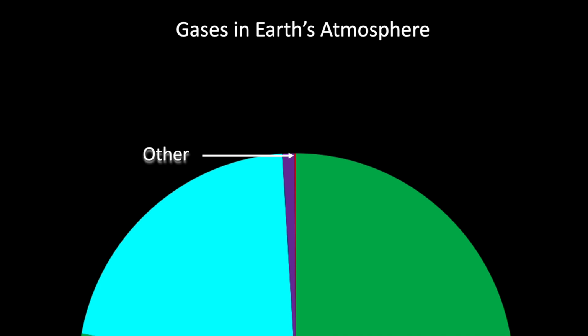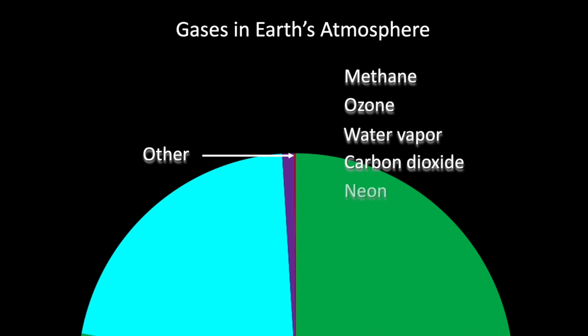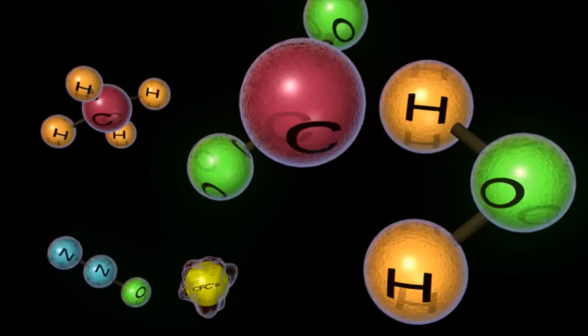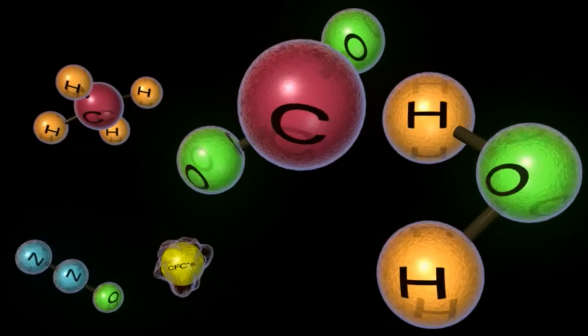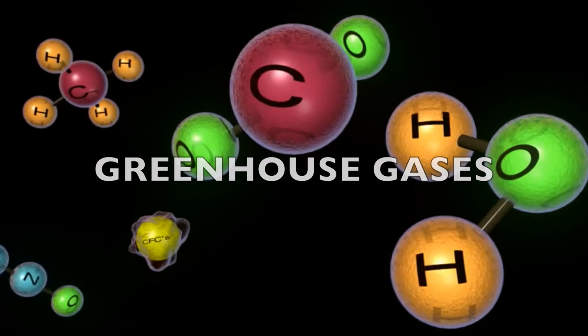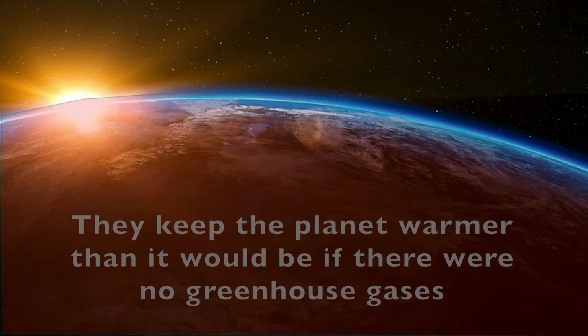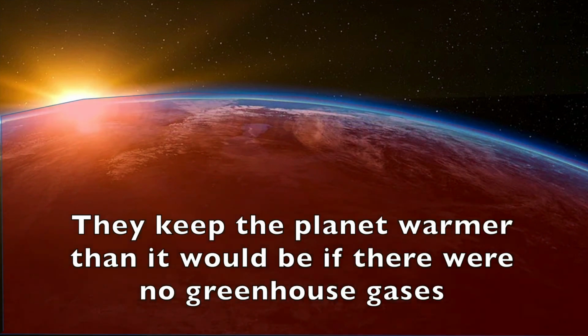These other gases include methane, ozone, water vapor, carbon dioxide, neon, helium, and various oxides of nitrogen, and a few other gases as well. Methane, water vapor, carbon dioxide, and a couple of the others are what we call greenhouse gases. Greenhouse gases are able to trap heat, and they keep the planet warmer than it would be if there